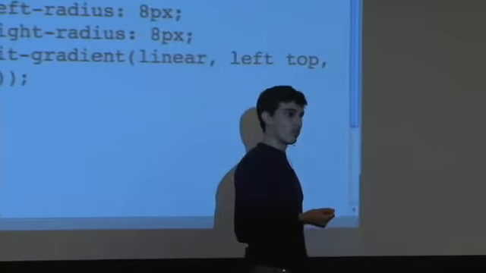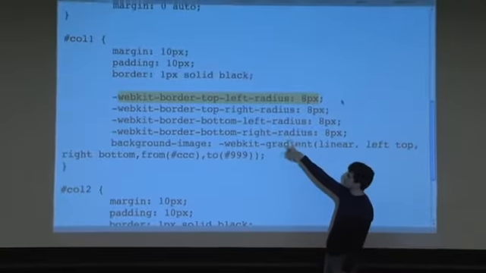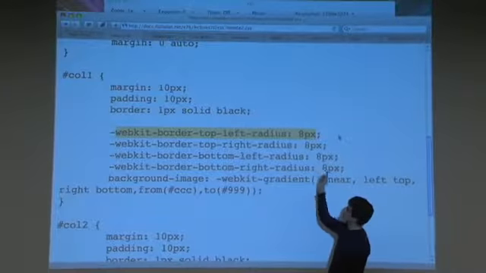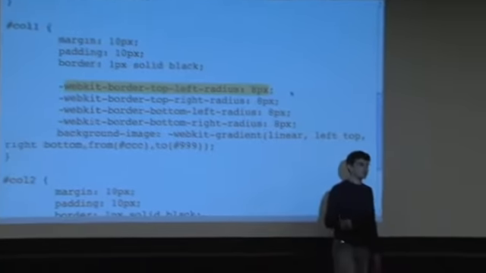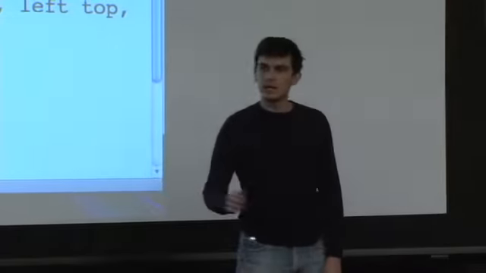And if you really want to go all out and support all of them, you have to do -webkit-border-top-left-radius, and then -moz-border-top-left-radius, -o, and so on. You have to basically have the same rule three or four times. And that is a huge pain, but that is unfortunately the current state of affairs, except that you might be able to get away with it in another